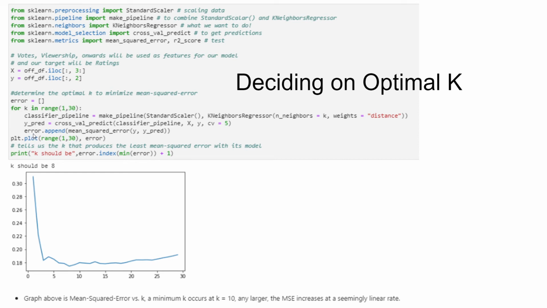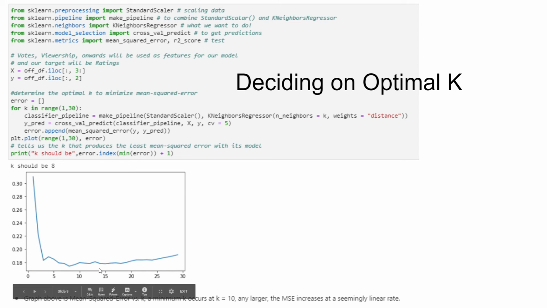We're going to use error.append. We're going to append our mean squared error between our target and our predictions from our model to this list, and then we're going to plot from 1 to 29, like I said before, with the range function and error.